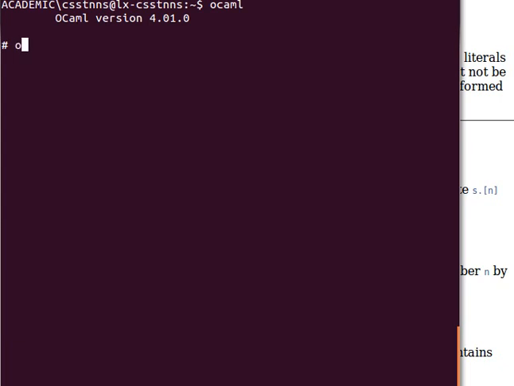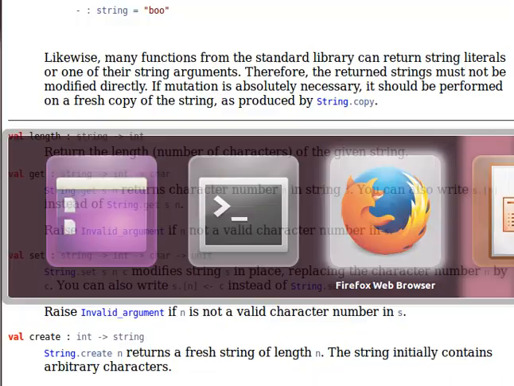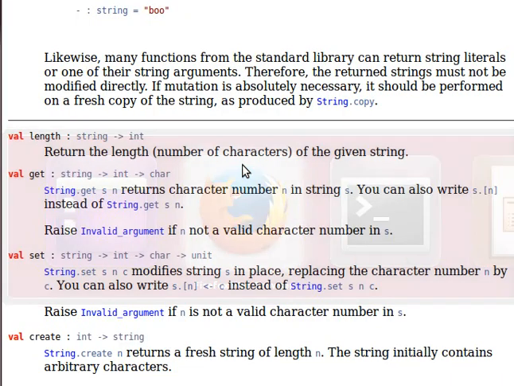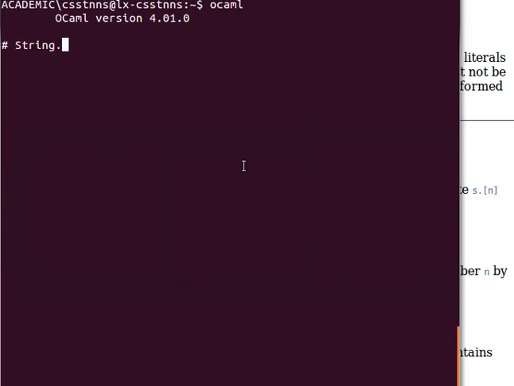We can open String, or we can use the fully qualified name with String dot and then a function name. So let's just test length, for example. Length, and we pass the string,